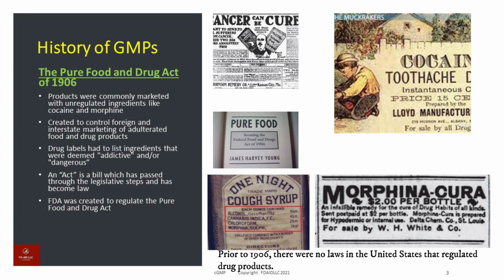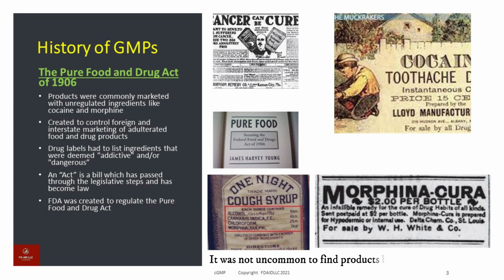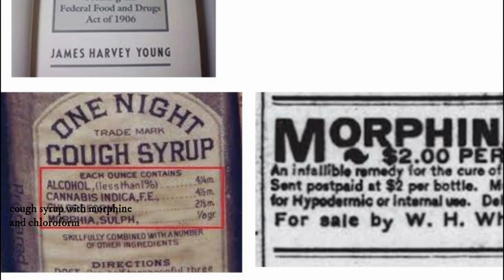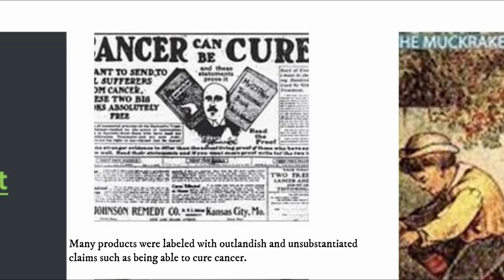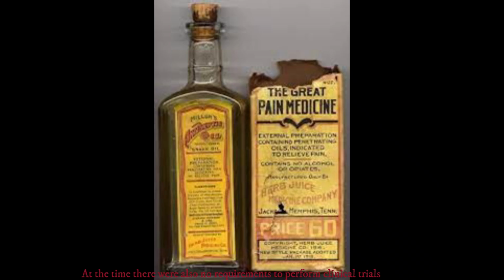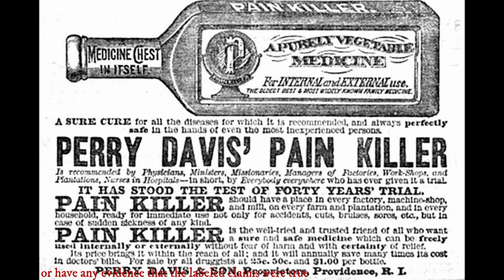Prior to 1906, there were no laws in the United States that regulated drug products. It was not uncommon to find products being sold in stores, door to door, or on street corners that contained ingredients that we now know can be very dangerous, such as cocaine-laden toothache drops, cough syrup with morphine and chloroform. Many products were labeled with outlandish and unsubstantiated claims, such as being able to cure cancer. At the time, there were also no requirements to perform clinical trials or have any evidence that the labeled claims